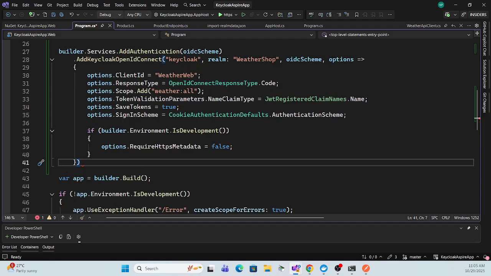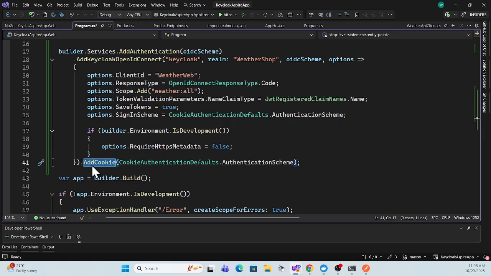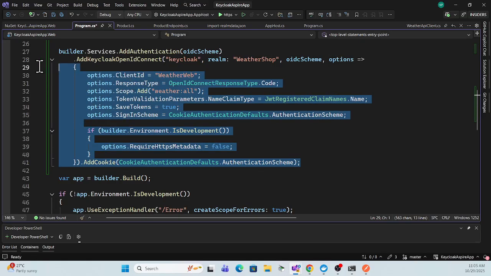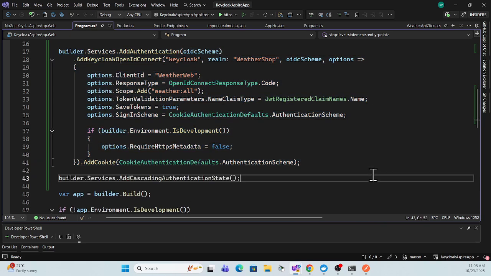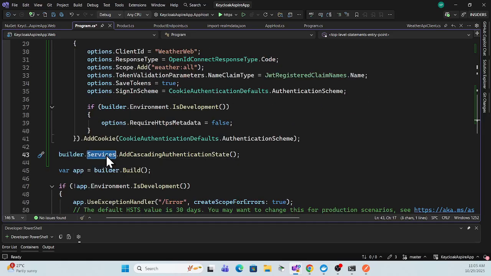And lastly, we have to decide what kind of mechanism you want to use. So we want to use AddCookies. This is a cookies mechanism, so we can use that AddCookies authentication scheme. That's it. So this is the setting, we have to add that AddAuthentication. Once you're done, now you have to use this service, so we have to add the authentication service also. Now builder.Services.AddCascadingAuthenticationState,